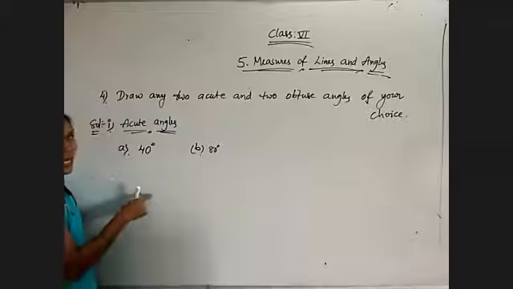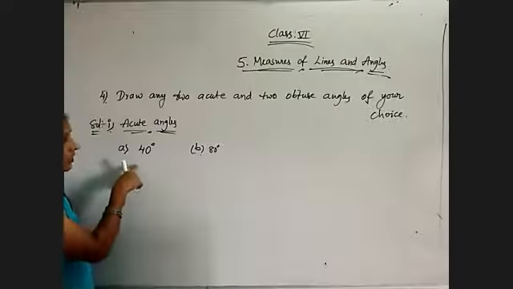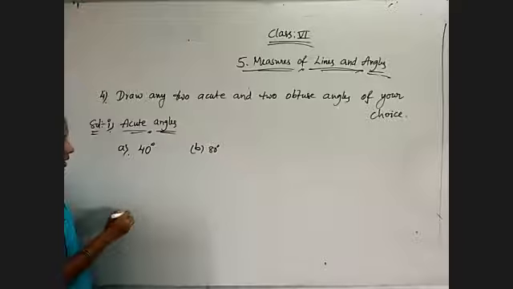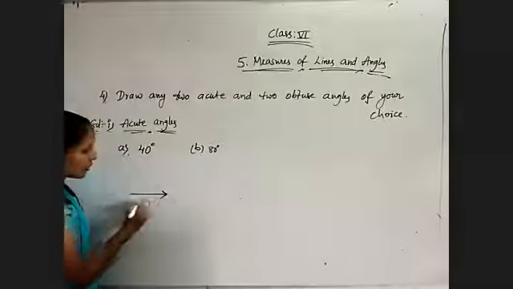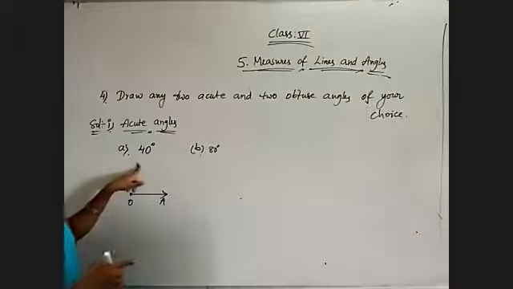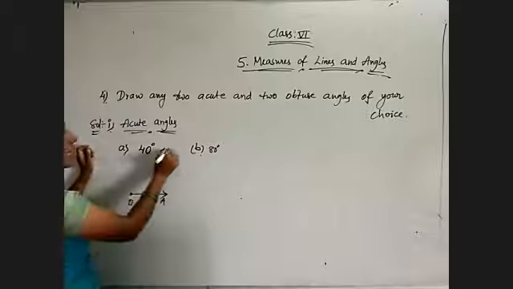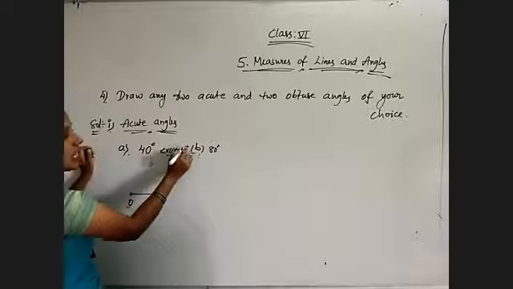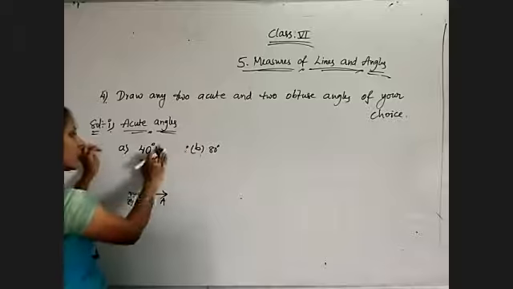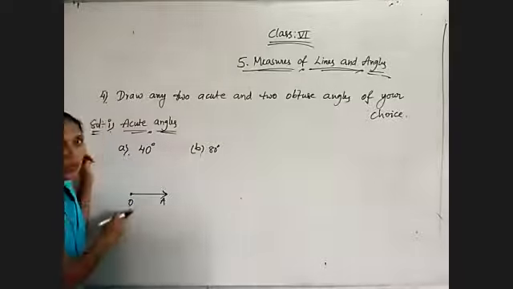I want to construct 40 degrees as well as 80 degrees. So I can use clockwise rotation, otherwise anti-clockwise rotation. I am using clockwise direction for 40 degrees and anti-clockwise direction for 80 degrees. Both I am using. First of all, I have to draw ray OA. Here I am not taking any variables. If they have mentioned the variables, for suppose angle XOY is equal to 40 degrees, then compulsorily we need to use the letters XOY itself. But I did not mention any alphabets here, so I am using OA.